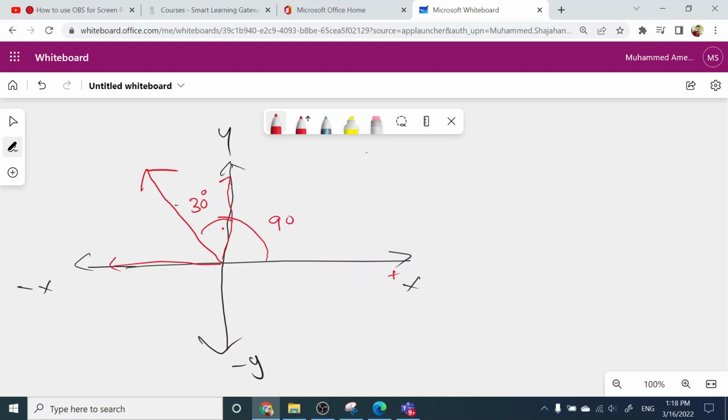So you need to use 90 plus 30, which is 120, right? If this vector is 5 Newton, then its x component is 5 Newton multiplied by cos of the total angle, 120. Angle you need to take from the positive x-axis. And its y component is 5 multiplied by sin 120. Okay, so you need to always